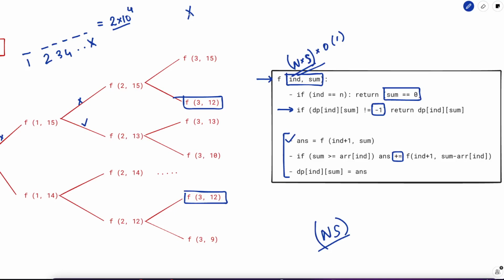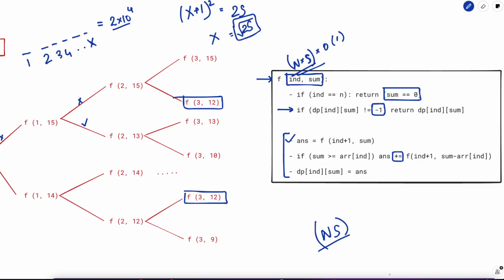So let's assume that x is also equal to x plus 1. So basically it is x plus 1 whole square, just for simplicity. So x squared equals 2 into s, right? So what is the value of x? X would be root 2s. In other words, you can have only root 2s distinct values in your given array,